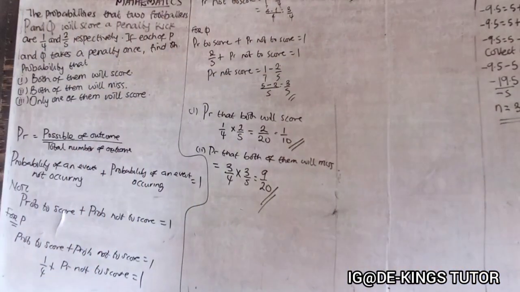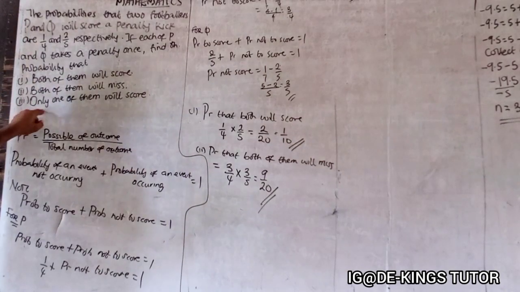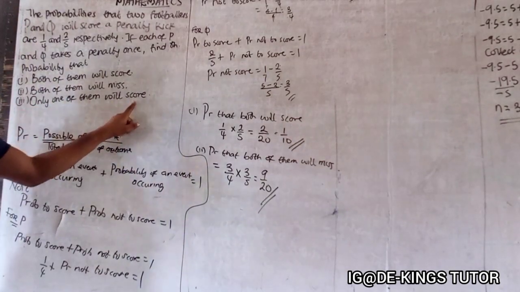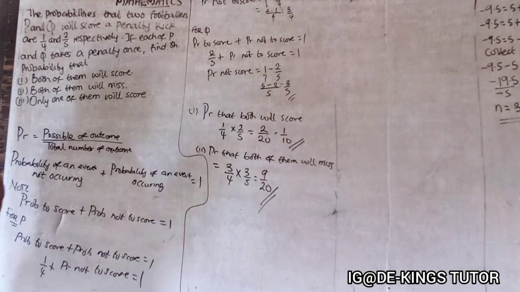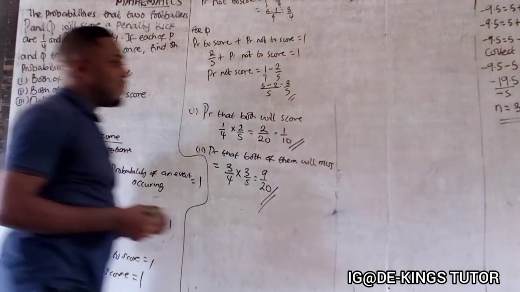It is said only one of them will score. It is in two ways. Look up. It means that either P will score and Q will miss, or Q will score and P will what? Miss. They said only one of them will score. They did not say which one of them. They are saying only one. So it is certain, since we have two persons, it's just like saying we have